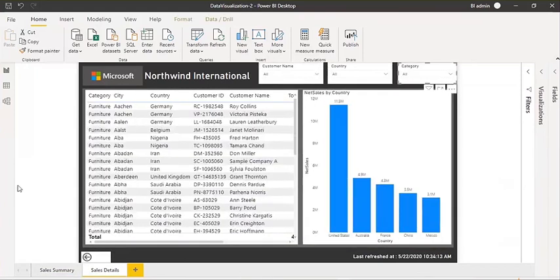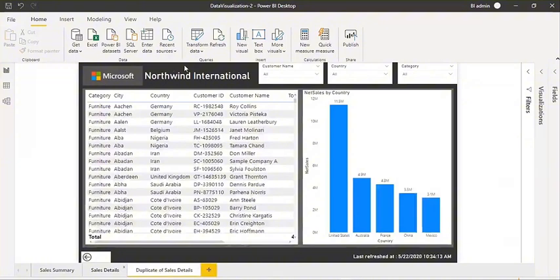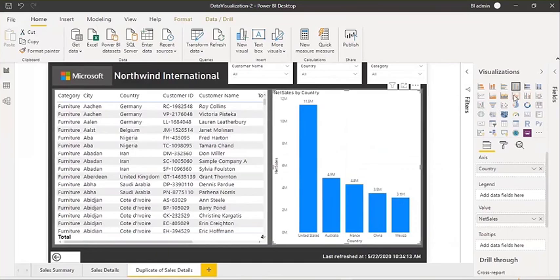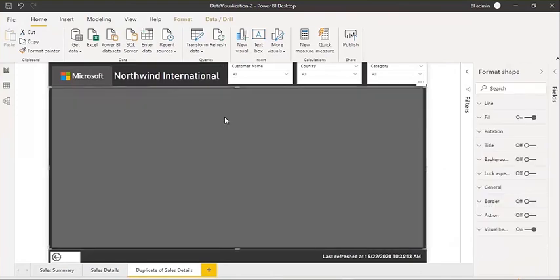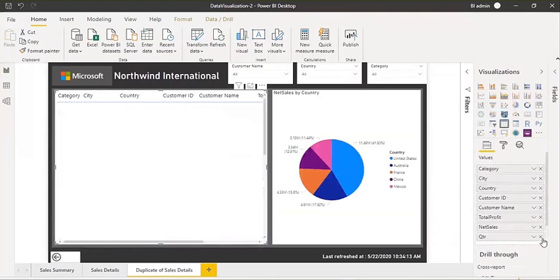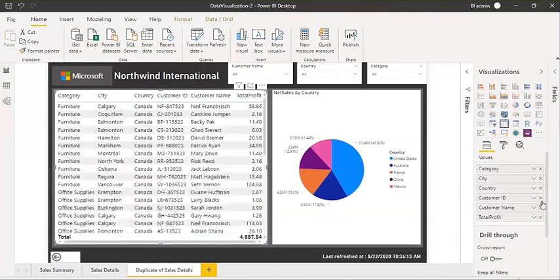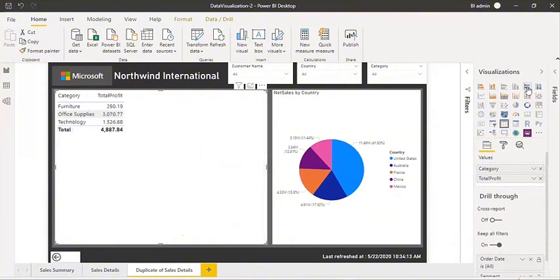For this, first I'm just going to create one more page so that we can have a good amount of data. Here, this one I'm going to display in another way, let's say as a pie chart, and the table data I'm going to change by just replacing the values, creating a different view of this page. Okay, category wise, that's it.